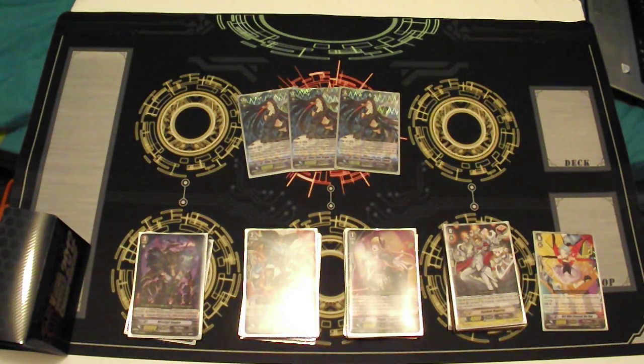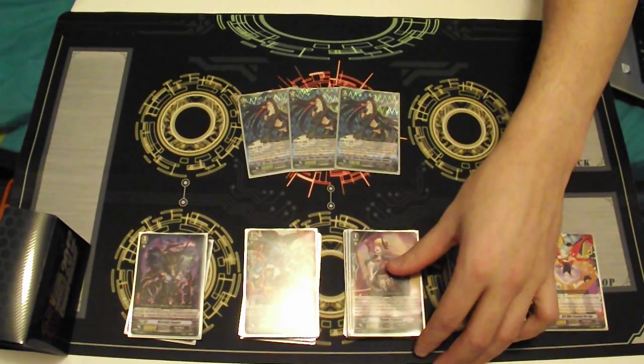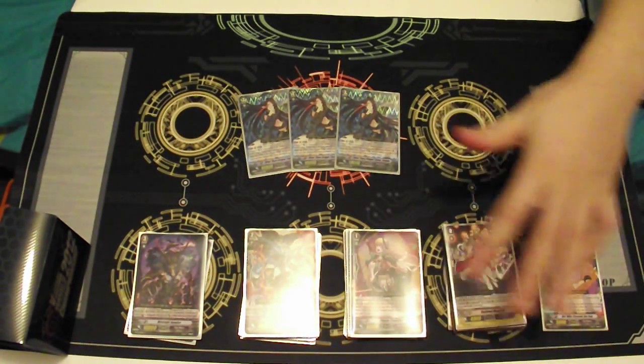The main issue with her is her 3k, because there's a loop by using Trapezist and 2 Trapezists and Guild Across the Gap,